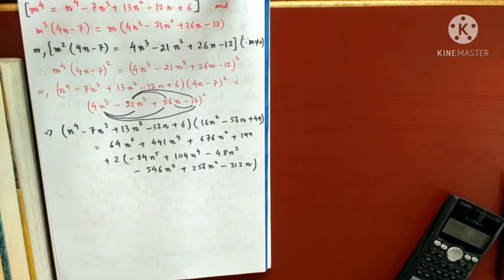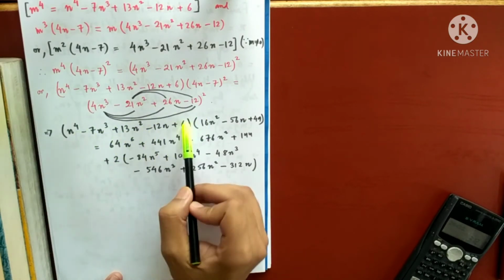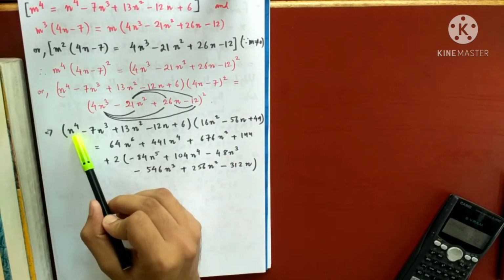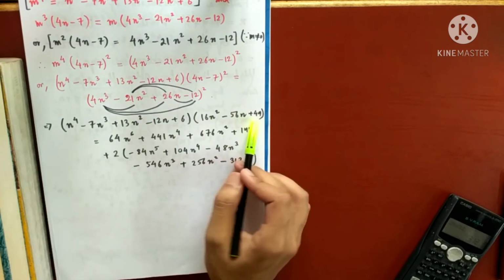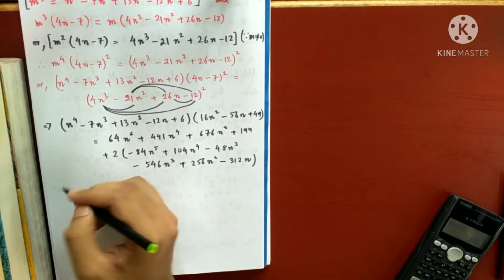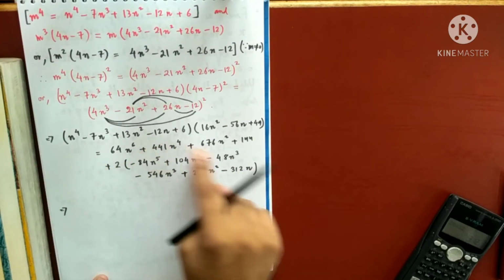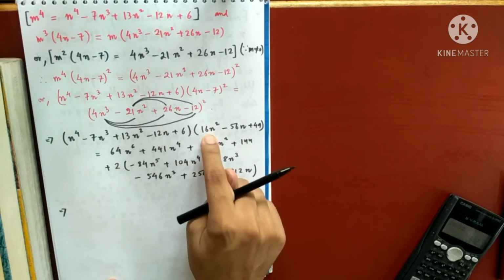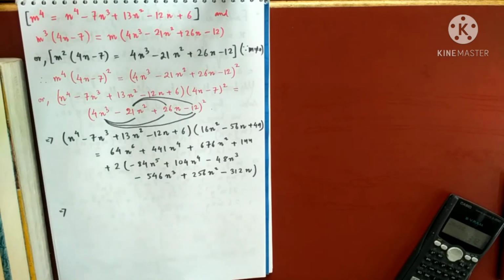Now again a big task is remaining, to multiply this with every term. So 1, 2, 3, 4, 5, 1, 2, 3. So you will get 15 terms, right? You multiply this with this 3, this with this 3. You will get 15 terms after multiplying, and after simplifying. This I am jumping a step. You please verify. So the right hand side I have simplified, but what you do, you please multiply the left hand side, like n to the power 4 into 16. This will become 16 n to the power 4 and so on, right? And try to do these things.